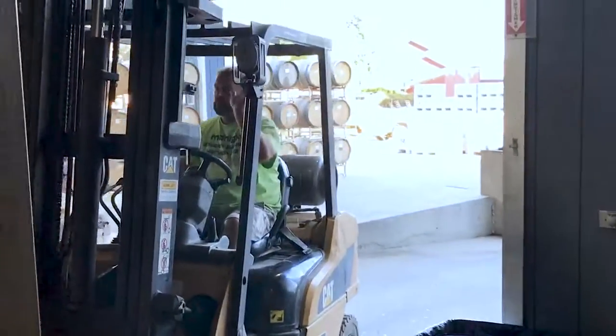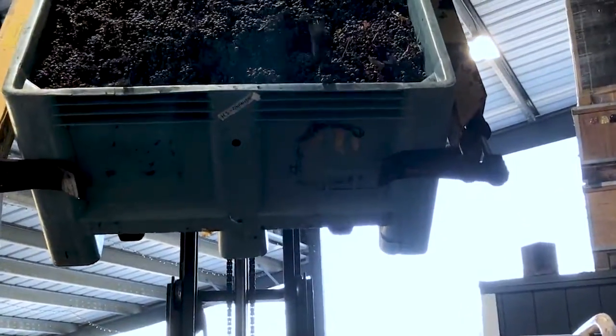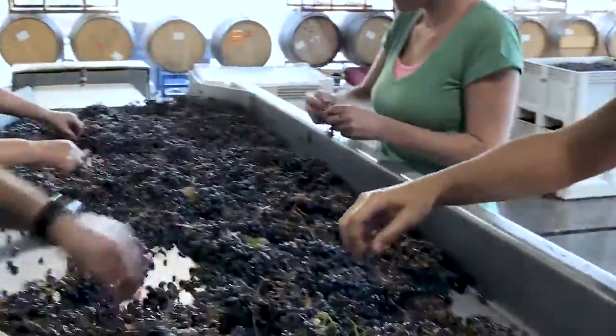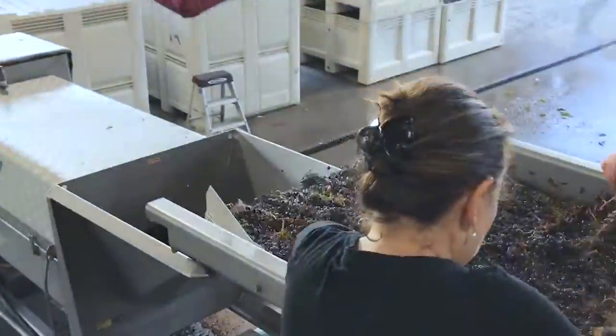Wasn't that interesting? So as you'll see, the grapes come in and they're in a bin. They get dumped into a receiver as whole cluster grapes. They move along that receiver and onto the first sorting table, which is where we'll pick out leaves and anything rosy, anything overripe, anything underripe, anything that we don't want to make into the wine for